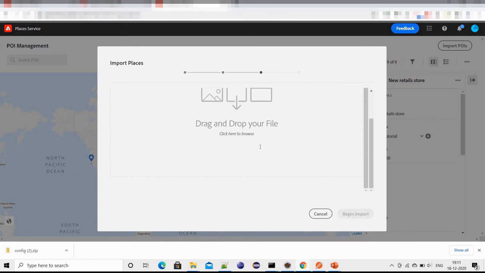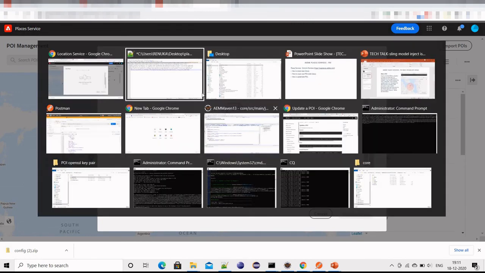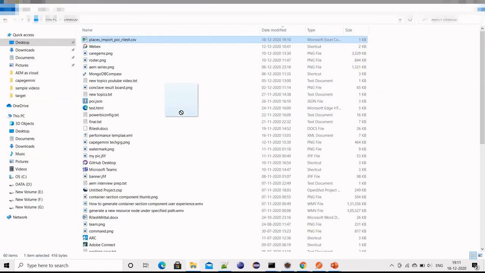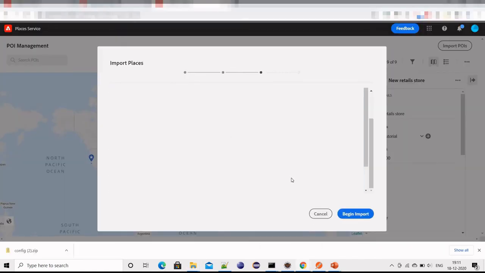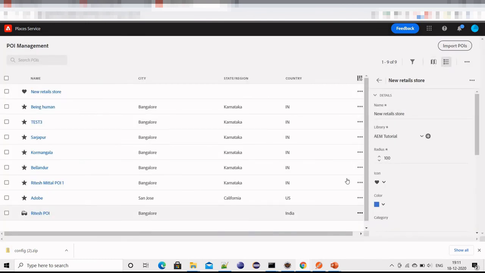Click on next, and then just drag and drop the file that we have just created. If there is any validation error, for example, I just removed one extra space, otherwise we'll get a validation failure error. If everything is fine, it will tell you successfully validated, and then begin import. And then it says successfully added 4 new POIs, and then done.